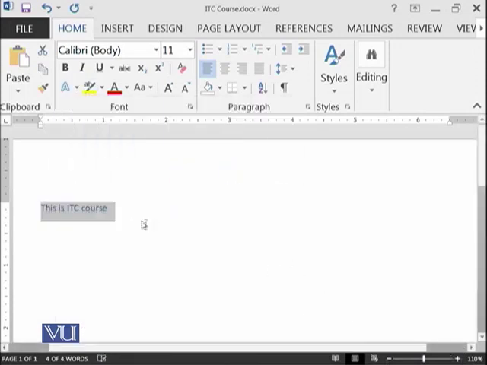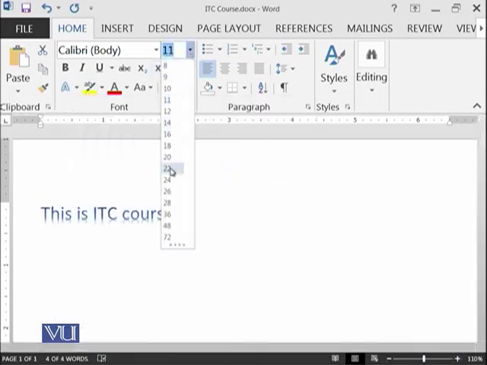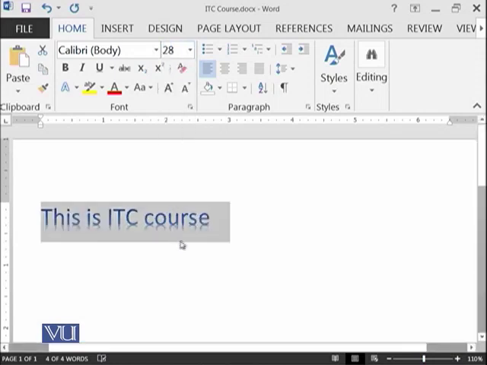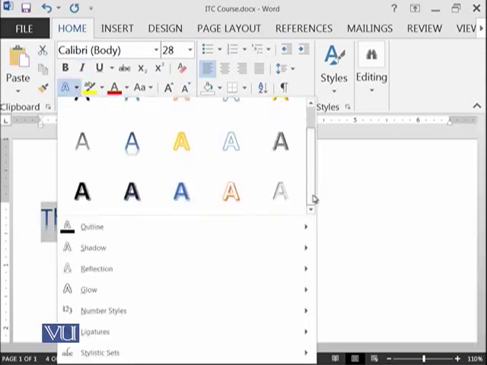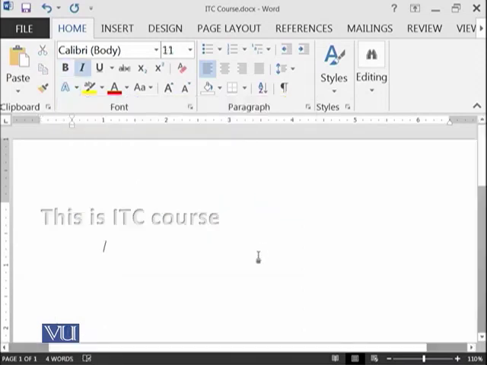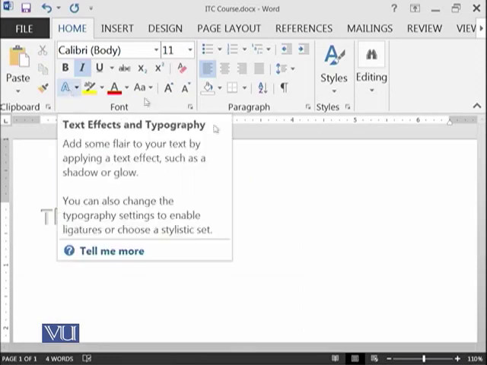If I make it a little bit bigger, you can see the effect downward. Similarly, you can make it like this one. Such kind of formatting you can apply using the text effects and typography.